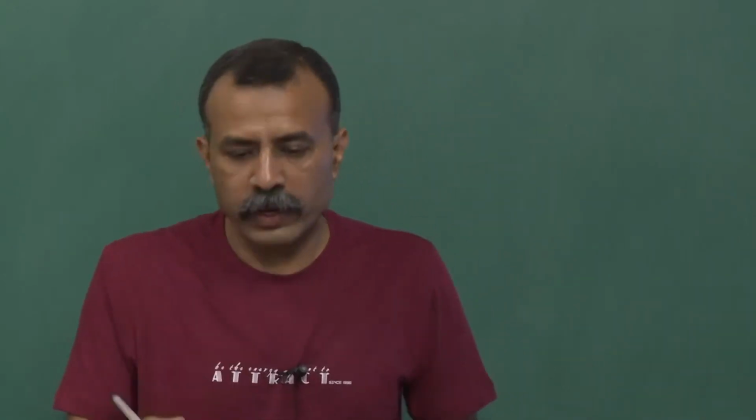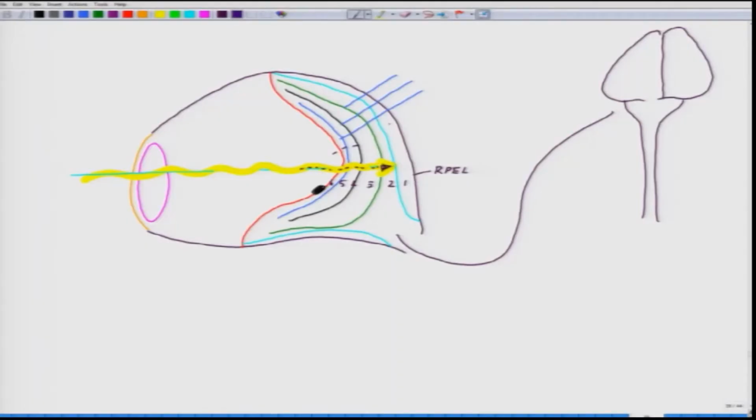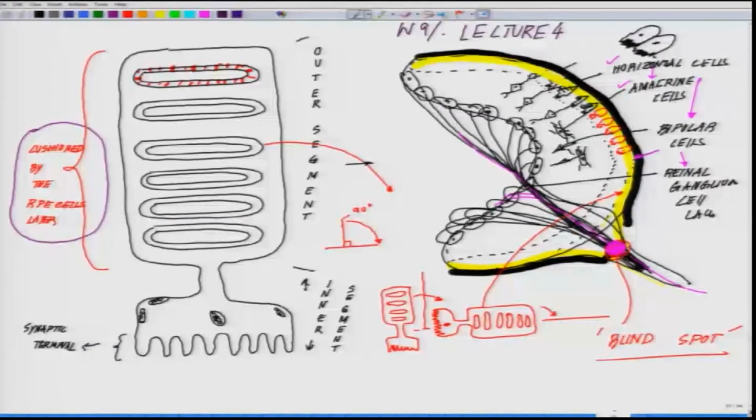Now, coming back where we left in the last class. So, what kind of processing? Today we will be figuring out what kind of processing is happening at this layer. That is our key area of the processing which is happening at the rods and cones layer. Now we will be revisiting the anatomy of the rods and cone cells again. We will take the example of rod, but for the cones it remains the same. Now if you look at this anatomy,